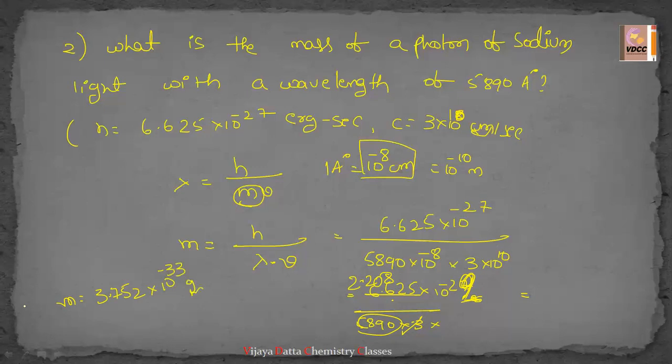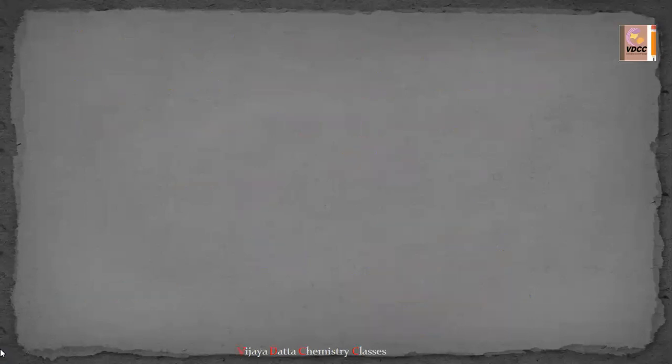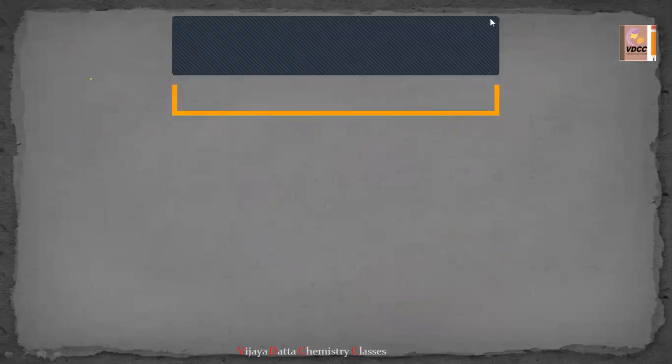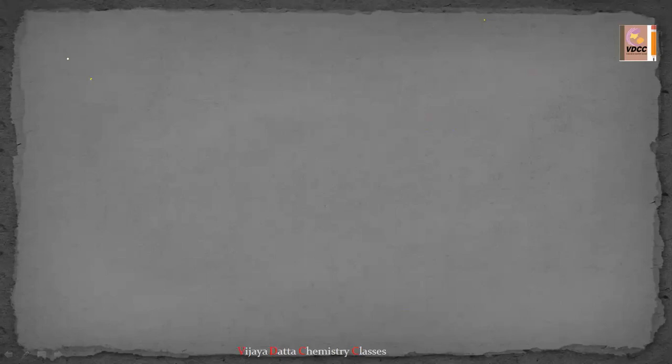So these are some of the applications to calculate the wavelength. Here I am giving you one more question, that is, test yourself. That is one more problem I am giving. You just do that problem. The problem I am giving.